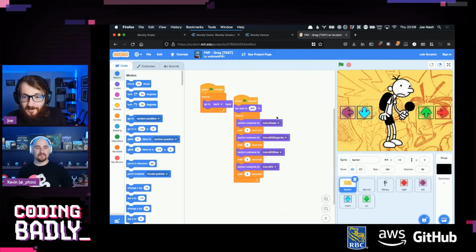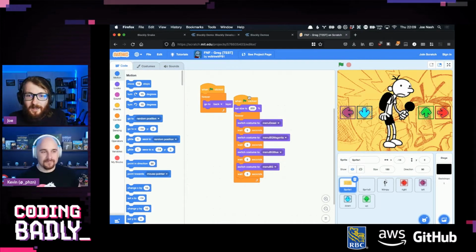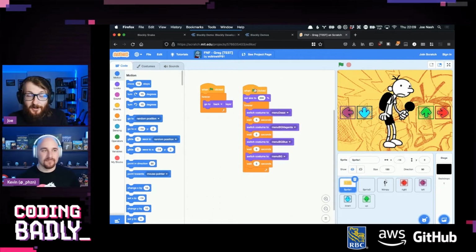Scratch, if you haven't encountered it, is very popular for teaching kids to code. I encountered it quite early in my coding career. I've taught with it. It's a really cool tool. Kevin suggested it, and I had looked into it before. And unfortunately with Scratch, because it's primarily aimed at kids, it doesn't really have I/O in a lot of ways. It doesn't have a networking library or anything.